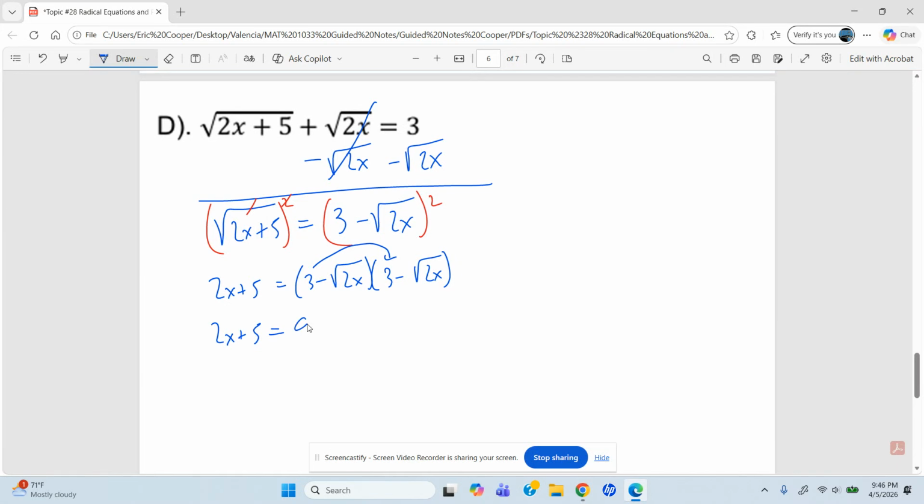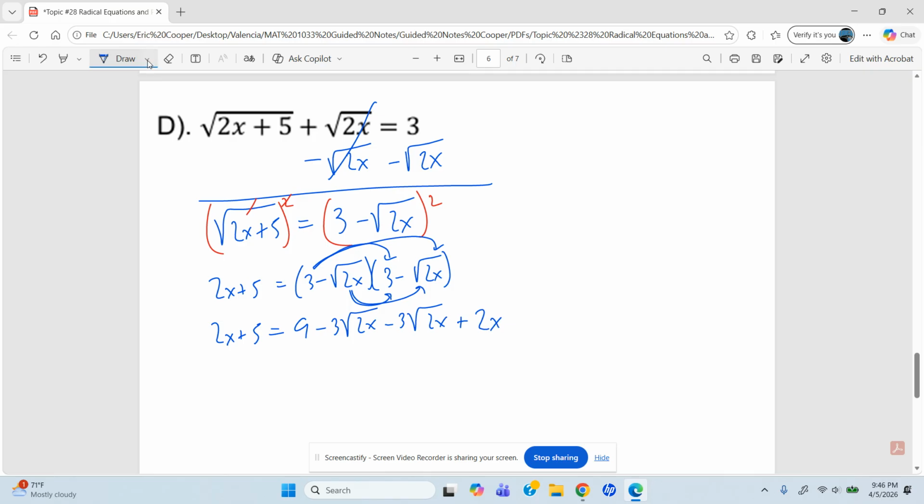3 times 3 is 9. 3 times negative square root of 2x is negative 3 square root of 2x. 3 times negative square root of 2x again is negative 3 square root of 2x. And then when you take a radical and multiply it by itself, the negative times the negative is a positive. Square root of 2x times the square root of 2x just cancels out the square root and leaves me with